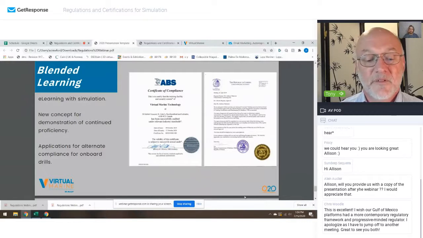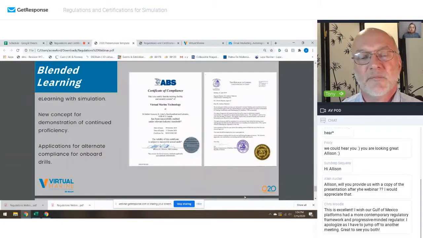And at least one flag state, and there are another couple that we're on the verge of getting, I just don't have the slide to put up here, is the Republic of Liberia. They said, okay, for people working on Liberian ships, if you're following this onboard training program with the simulation, e-learning, and the equipment that's on board the ship, and you show us the records that you've completed that training program, well, that counts as refresher. That's basically what that certification is.